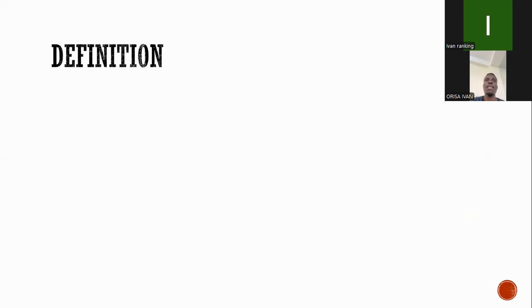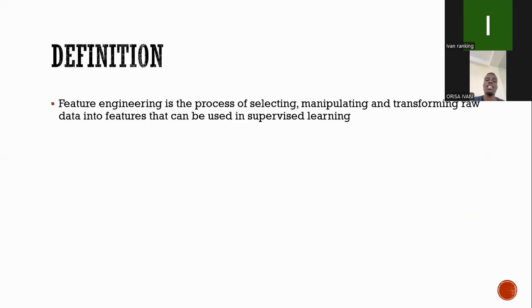What does it mean? Feature engineering is the process of selecting, manipulating, and transforming raw data into features that can be used in supervised learning. As you know, data just consists of random features. Data is not organized. Data can be organized, but it's very hard for a model to understand data when you enter it as numerical values into the model. So we need to extract a few features from the data. We need to divide data, breaking it down into simpler features that are easier for the model